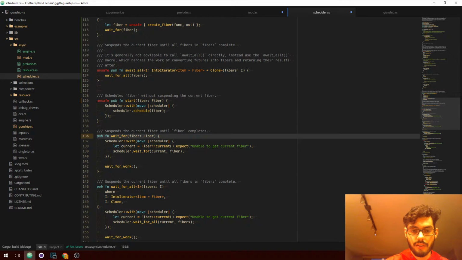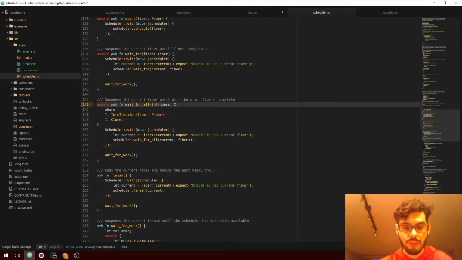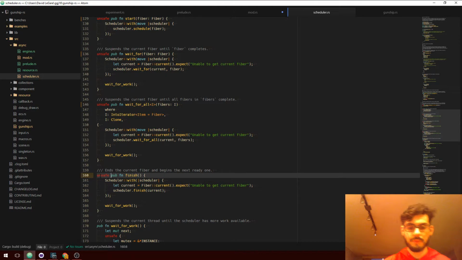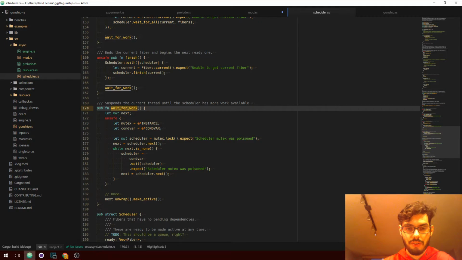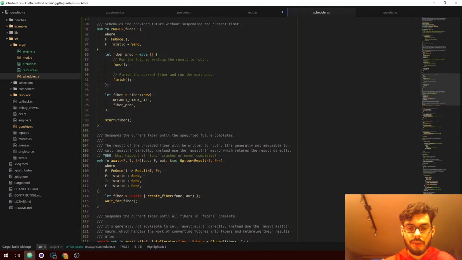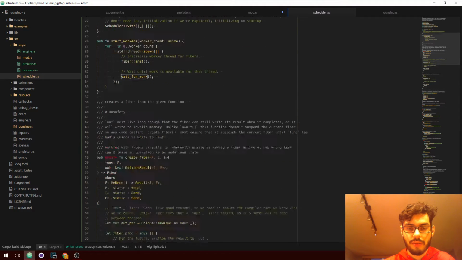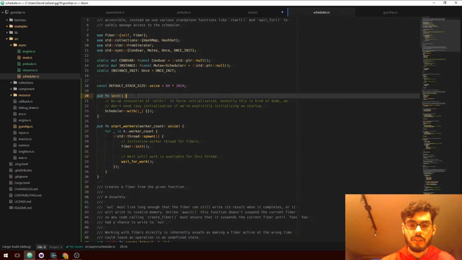I'm pretty sure, not gonna get into it now, but let's just say my fibers implementation is complete bullshit right now. Wait for work might actually be safe currently, but we're going to allow all these to be unsafe, and then the public safe API is going to be the stuff that I just copied from the root level.